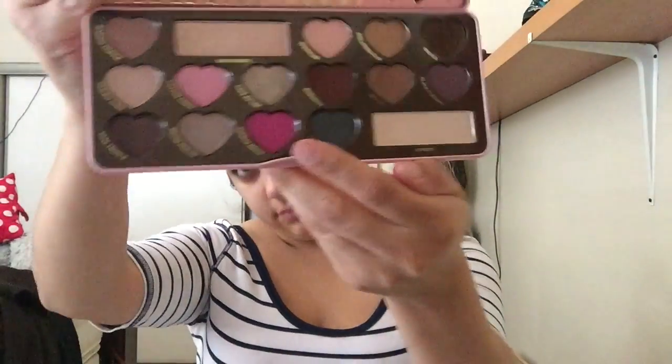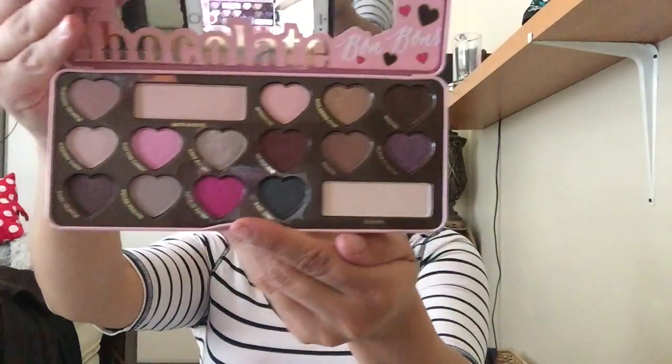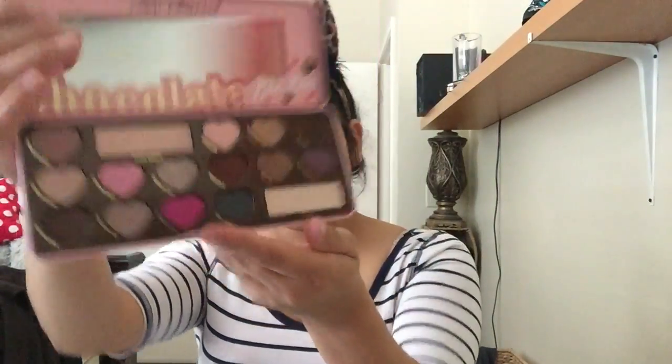So today I'm going to be doing a tutorial using this palette. This is the Too Faced Chocolate Bonbons palette. It has a lot of beautiful colors and a lot of neutral smokies, and it also smells like chocolate, which is amazing. So I'm going to start on my eyes, and first I'm going to do my eyebrows